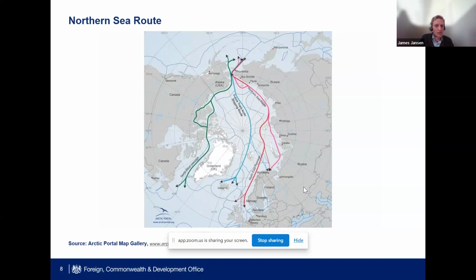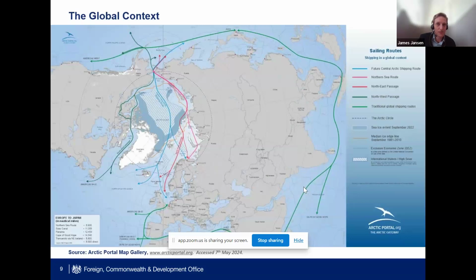I think the suggestion is that we could have ice-free summers at some point in the 2030s, which might allow the passage of ships along the Northern Sea Route. And you can see that that's quite an attractive thing. If you look here at the line in green, you can see the regular global shipping routes. You'd cut a couple of thousand kilometers potentially off your shipping route and save about 30% in time, and of course in fuel as well if you're shipping between Europe and Asia. I think the reality is, stop sharing now, that